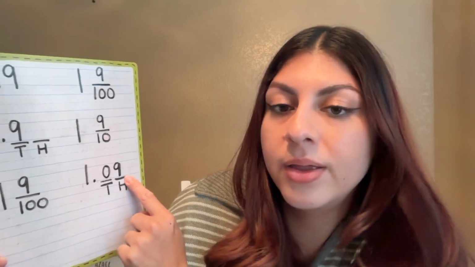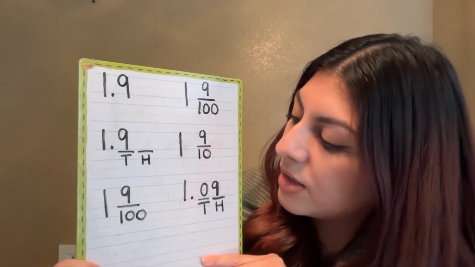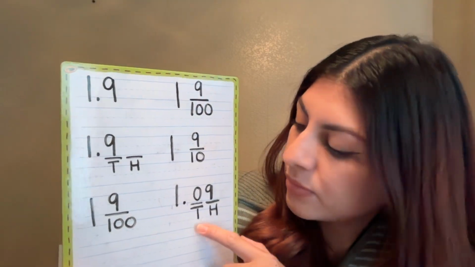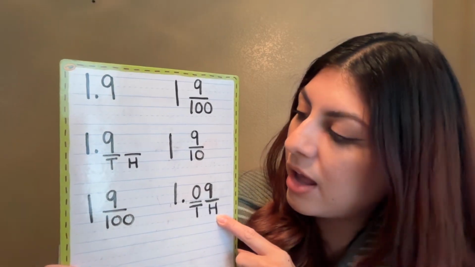So now let's read this. Let's start with the fraction, 1 and 9/100ths. And here, the decimal, 1.09, okay? So, in order to not confuse the hundredths and tenths place, let's label our place values, okay? Every time you have a fraction and a decimal,